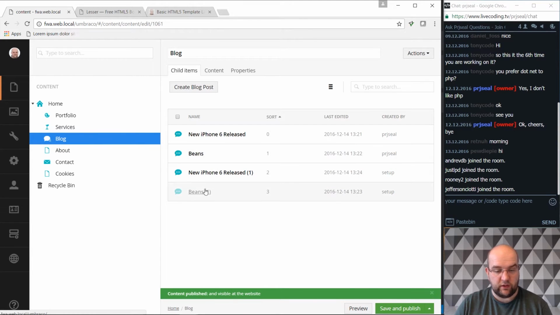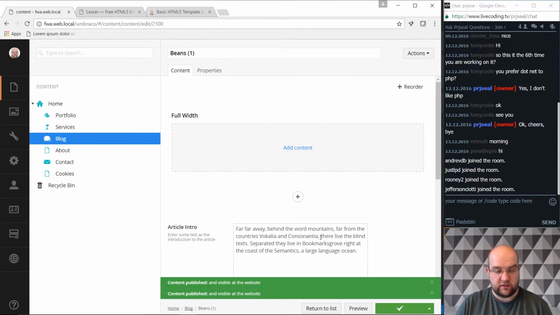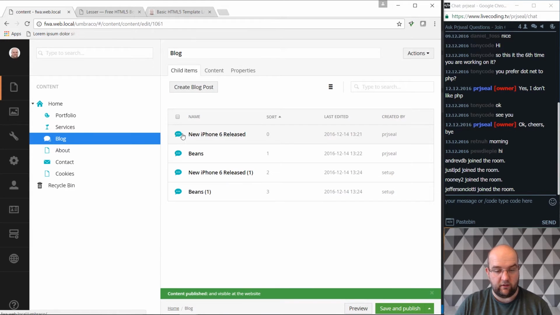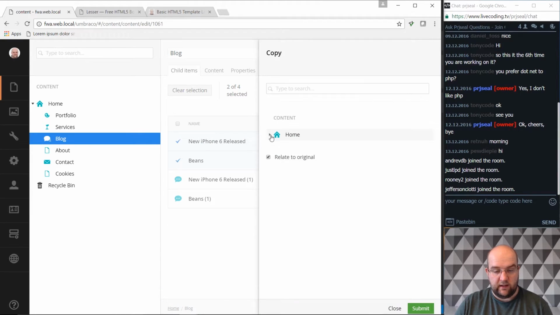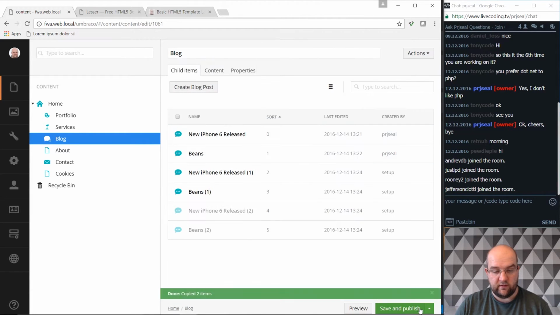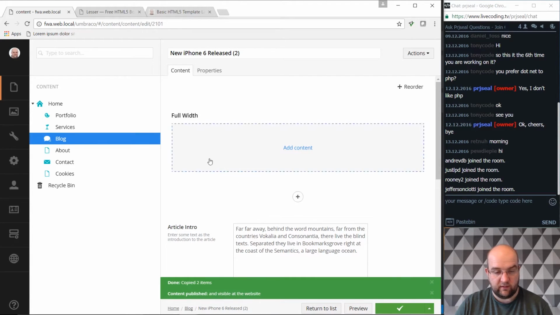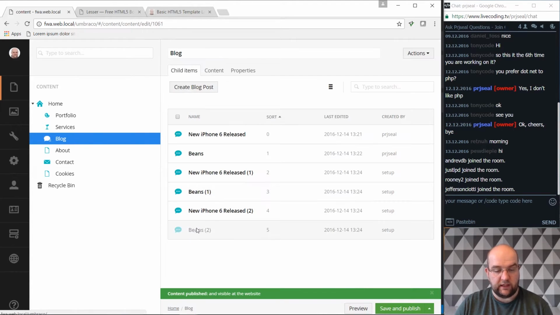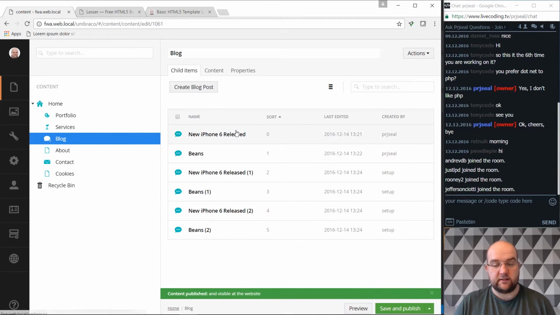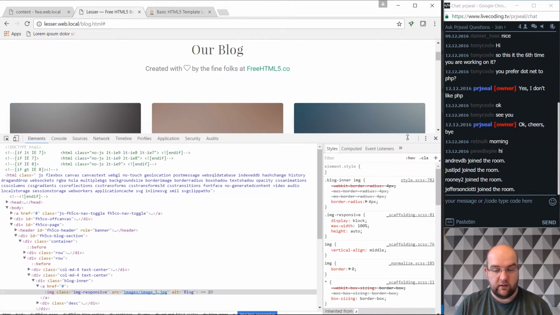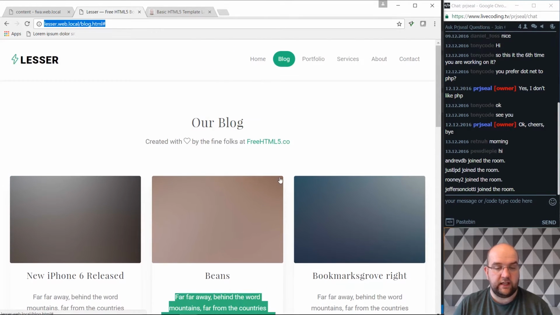Obviously they've got brackets 1 after each one, but that's just to show that this is a duplicate of that one. I'm going to do the same again underneath blog. So now I've got a brackets 2 as well, so I've got something to work with. I don't really care about the names at this stage. Obviously if there were real articles, then give it proper names. So I've got 6 articles, and now I can start work on, well, first of all,